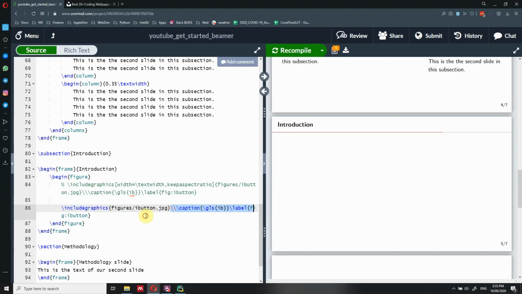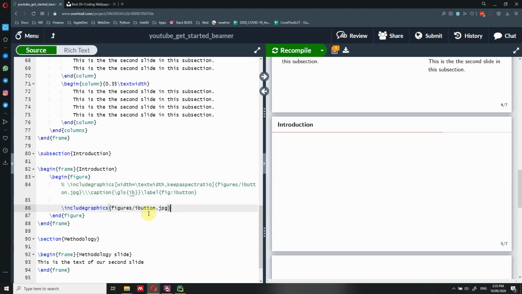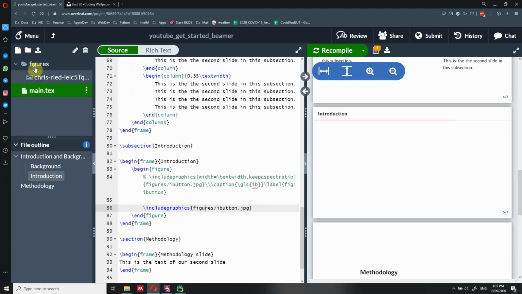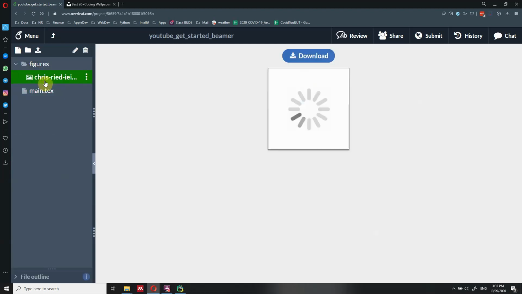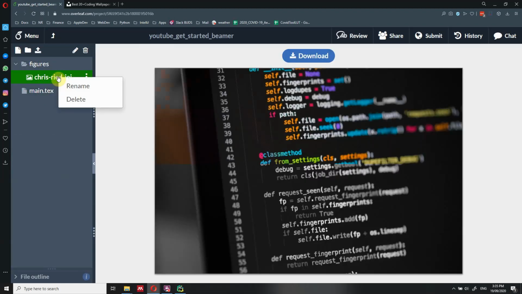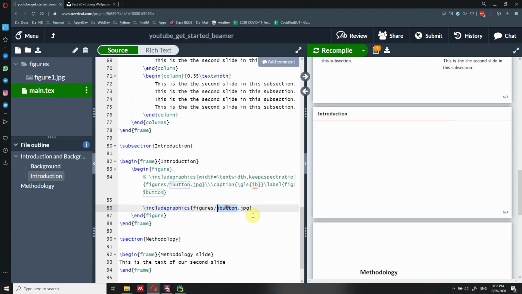Let me try to keep it as simple as possible. So we do begin figure, and then we have to close this tag figure, and then we need to include the graphic. Where is the graphic located? In the folder we just created, called figures, and this is the name of our file, which let's rename to figure 1, just because it's going to be easier to reference this figure.